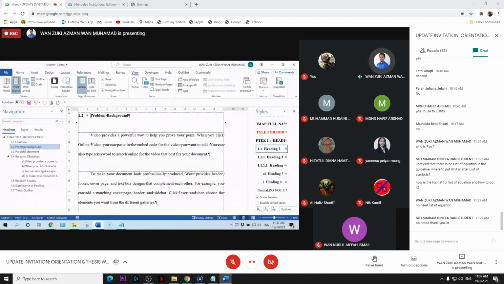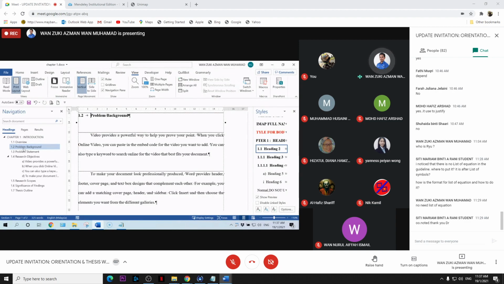So based on my experience, I did my table of contents during my first semester. In my first semester I already had my outline, but for sure the outline is not the same until the viva. The outline will change from time to time.